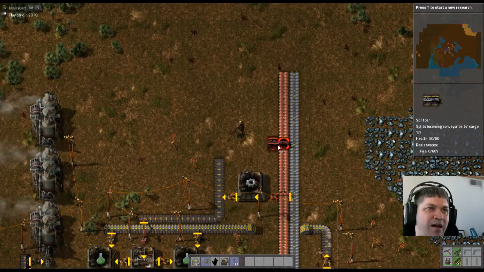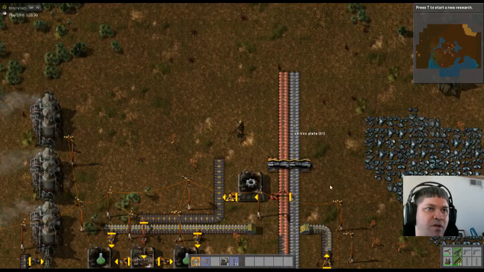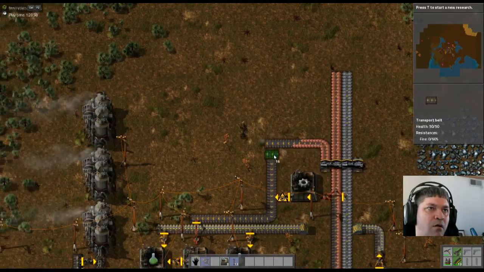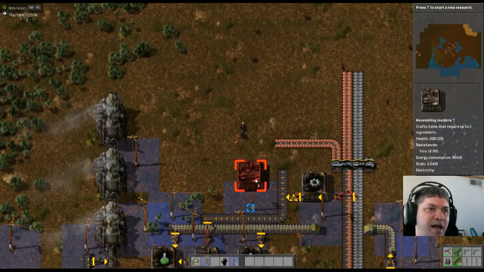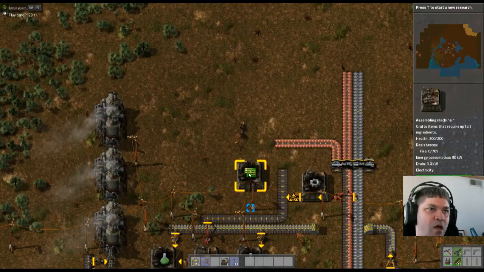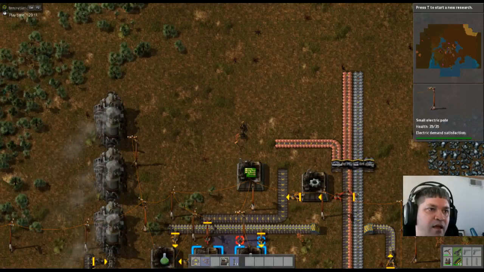what do we need? Copper and iron. I'm going to split them both. Let's cut this back. So we need to make wire. Okay, if we want this to output on the right hand side of that belt, that needs to go there. This will be the circuits, which needs an iron and a copper cable source. So I think what we need to do